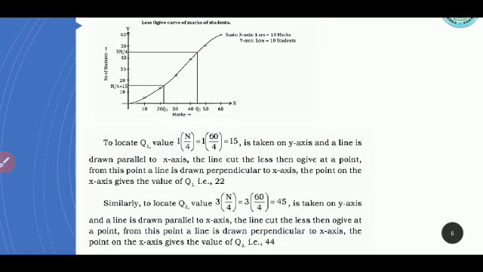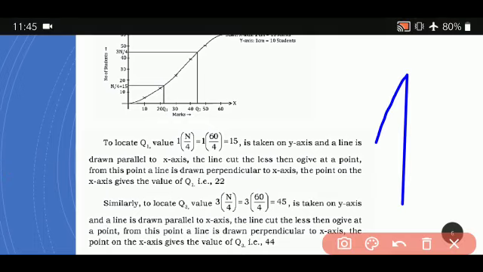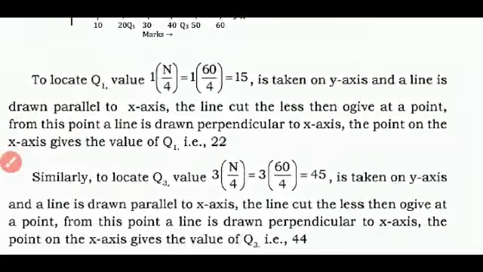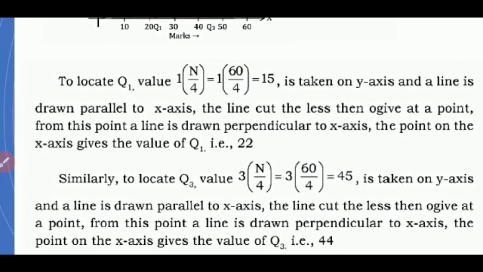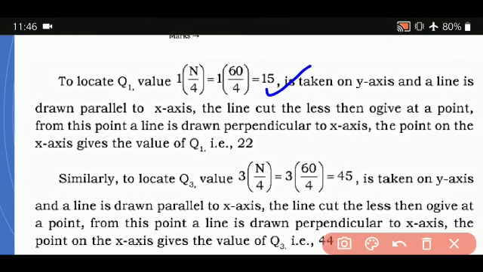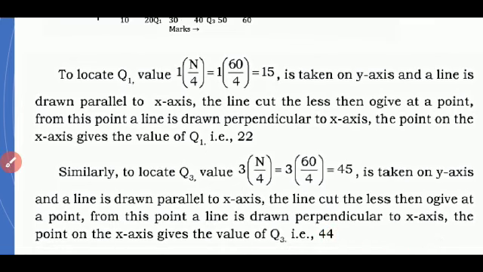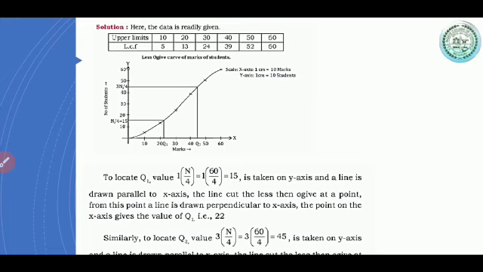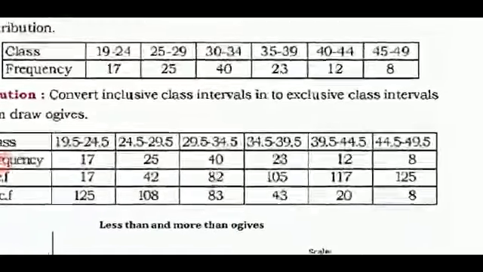Now see, it's given here in detail. To locate the q1 value, n upon 4 is the formula used. It's taken 15 here. See, it's written 15. Similarly, whatever I have explained orally, it is given in writing. And then how you do the marking, it's all explained here. So the value of q3 is 44 and the value of q1 is 22. This is how you find out. And here in this particular example, everything is given ready-made to you all. We will see the next example.